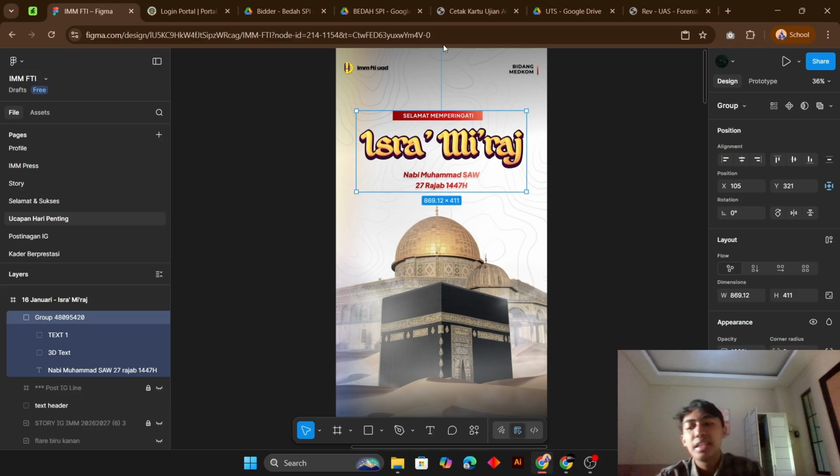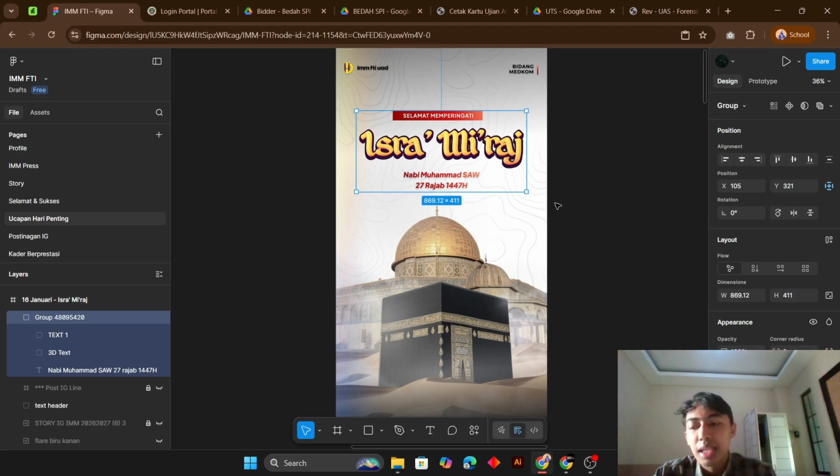Plus, branding and identity. Place the IMM-FTIUAD logo in the top left corner. In the top right, I add the Bidang Medcom tag to clearly state our department identity.